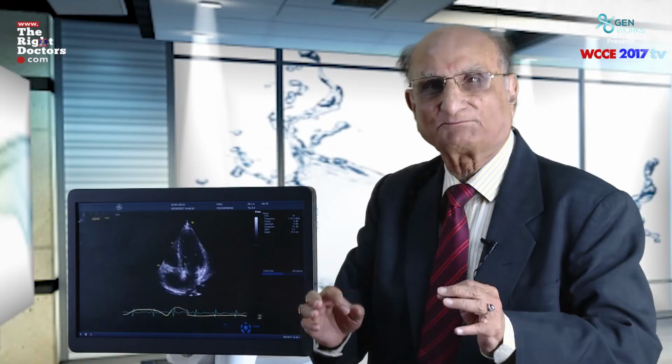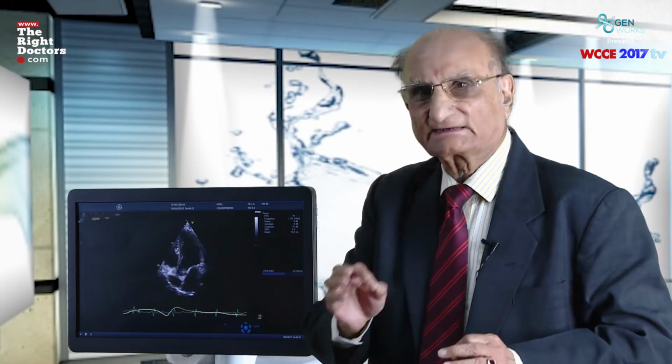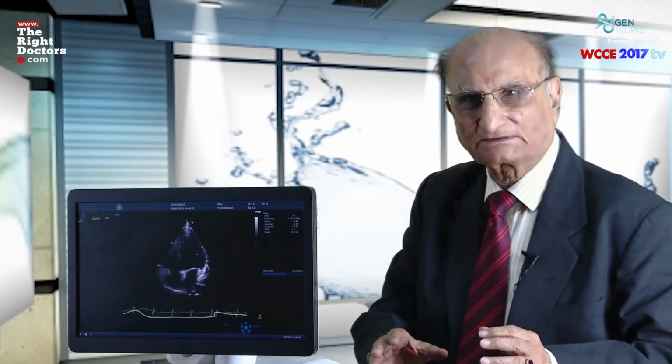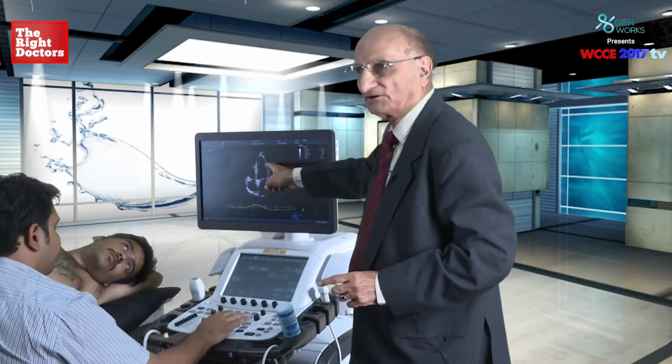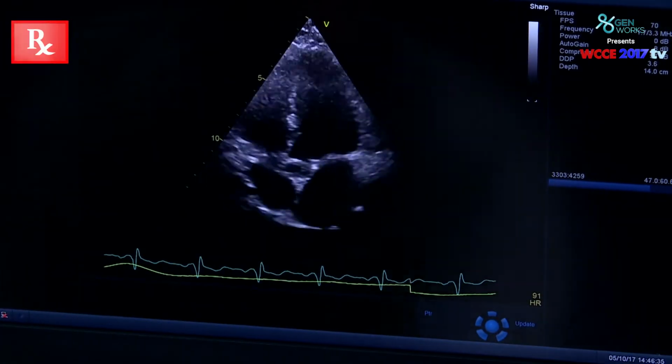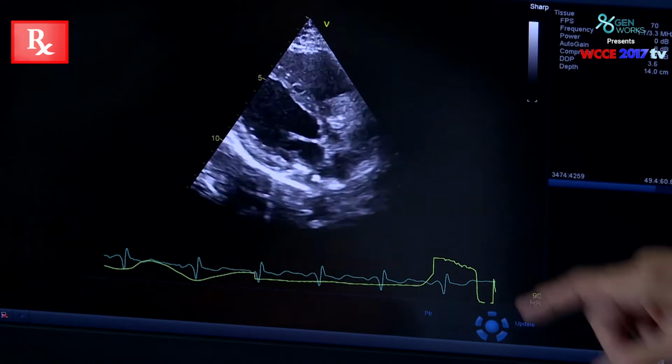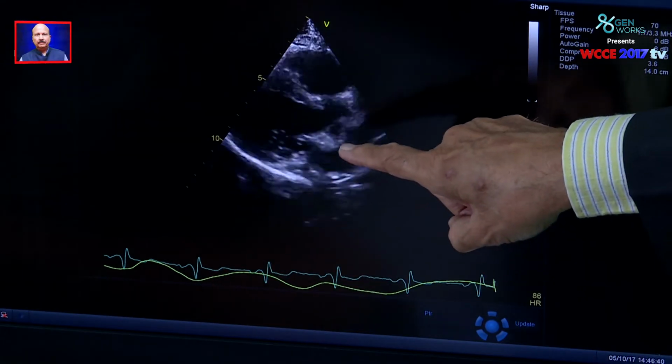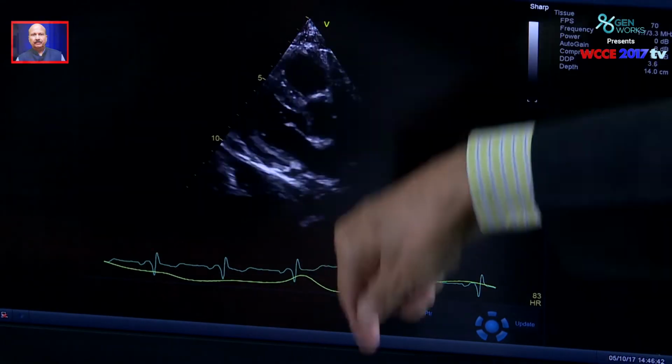So the advantage of a pulse Doppler is that it records a velocity from a particular site. Whenever you record, always record from the tip of the leaflets. And the basic take-home message for recording by a pulse Doppler is: in which view is that valve best seen, and am I parallel to the flow? For example, here now he is parallel to the flow. Now let him take a parasternal long axis view. Now here you see this is the mitral valve, but you are not parallel, you are perpendicular to the flow.